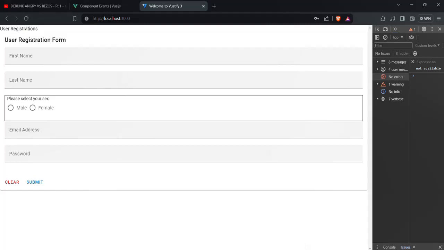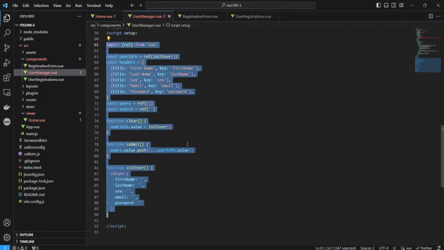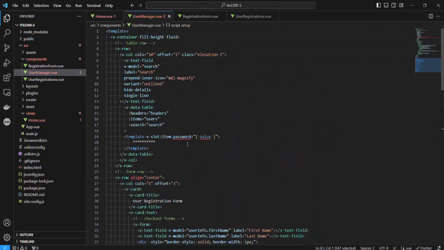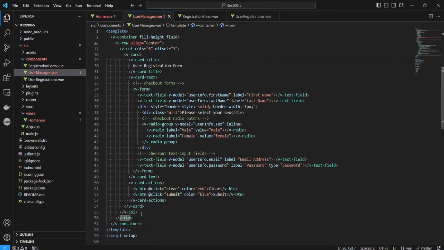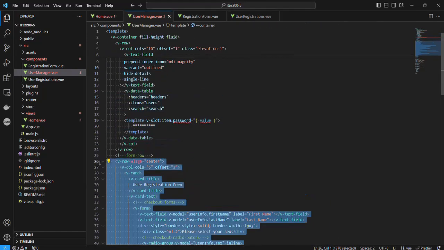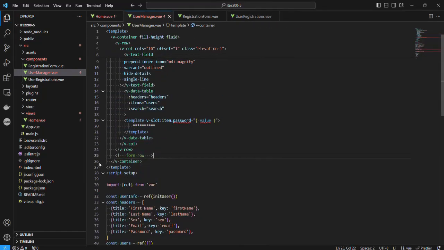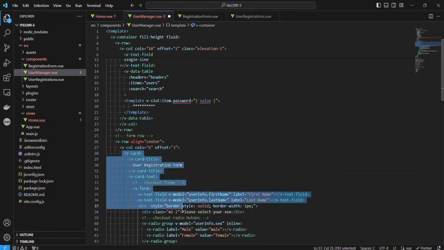Now let's move the table from user manager to user registrations. We still have this form here, so let's get rid of this. My bad. It's the card we need to get rid of,